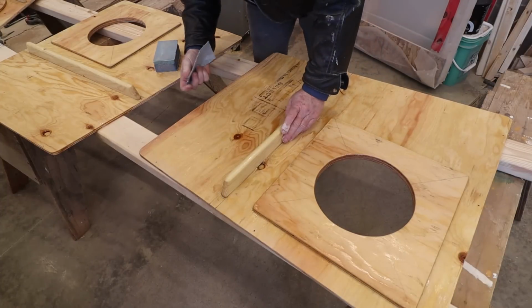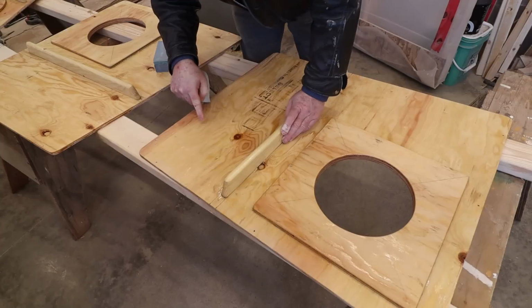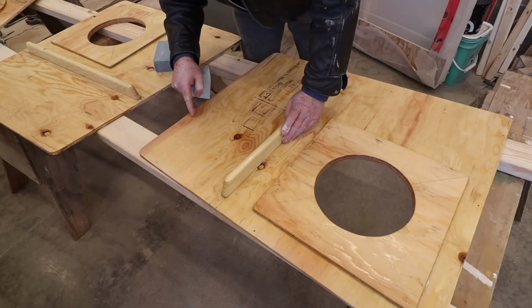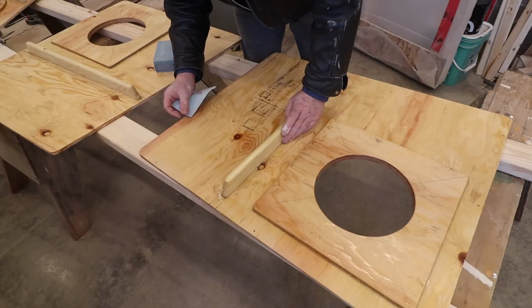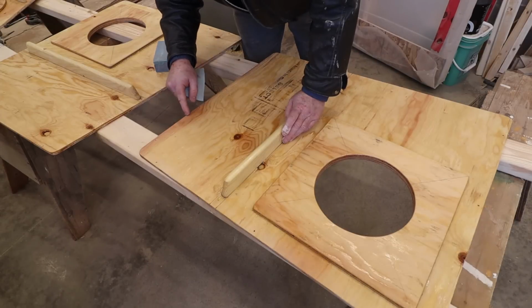Keep the pressure light on your sandpaper when you're doing this, because the S1 takes about 7 days to harden. This is only a day and a half that it's been on, and it's just that I have to move this right now, so I have to install it. As long as you keep your pressure light, you will